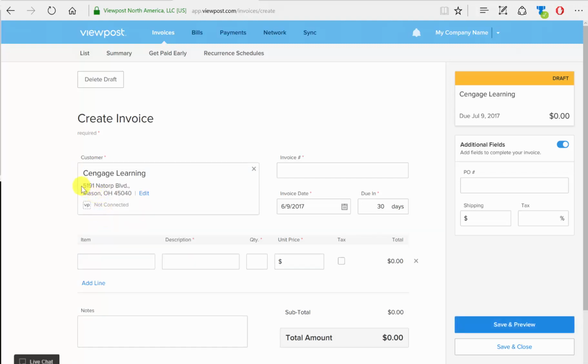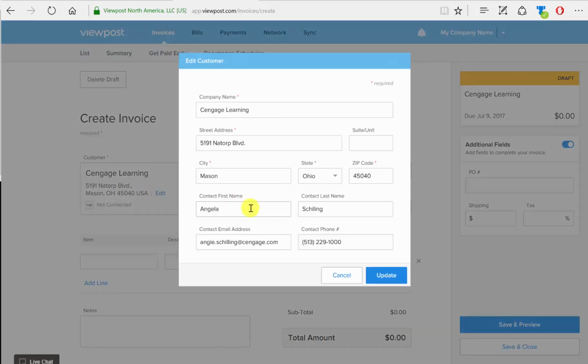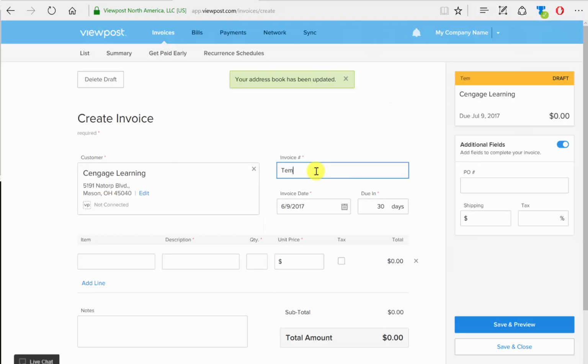To confirm the address is listed on the screen, you'll want to match that, and the details that are hidden underneath the Edit feature allow you to see that there is a contact person as well as a phone number for this invoicing purpose. This first invoice I'm actually going to create as a template that'll serve as a base